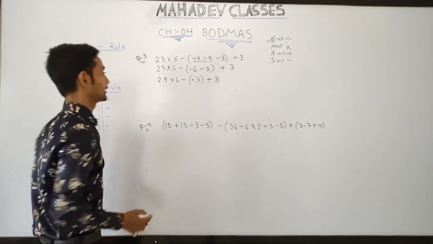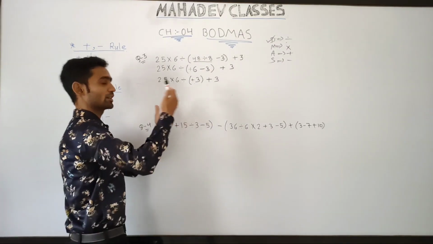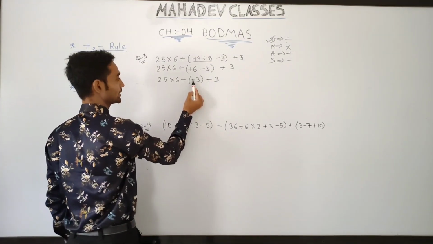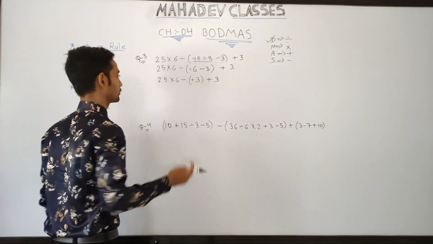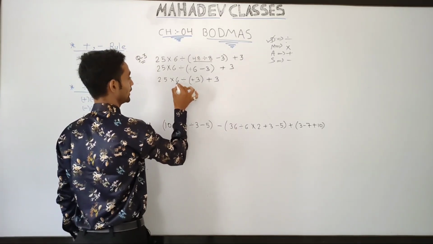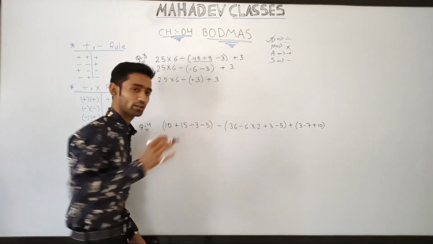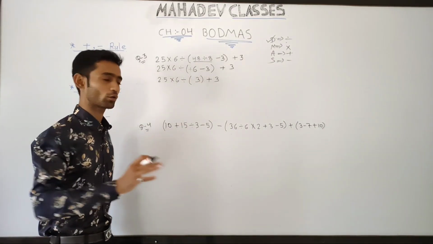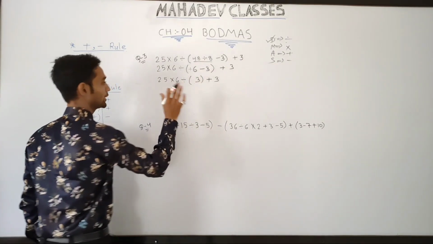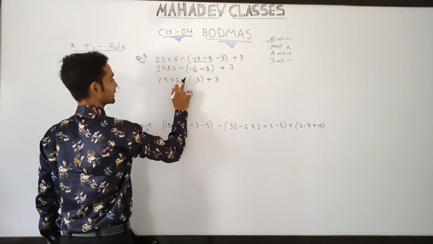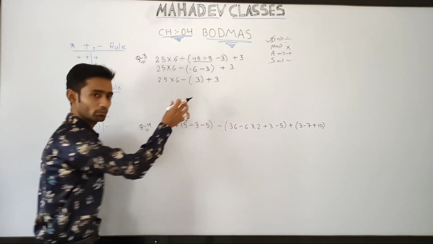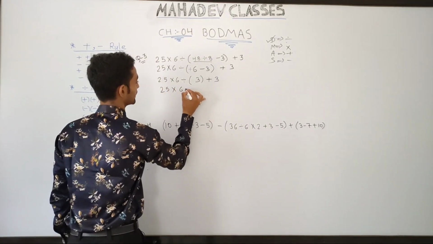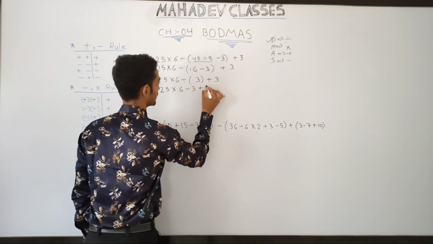Okay, now see, there is a divide symbol before this bracket. Okay, so just don't worry, and here you can see that there is a plus 3. So simply you have to do the process of 6 divided by plus 3. Okay, it doesn't matter whether you write the plus symbol here or not. Okay, so simply you can see that it is 6 divided by 3. Okay, 25 multiplied by 6 divided by 3 plus 3.